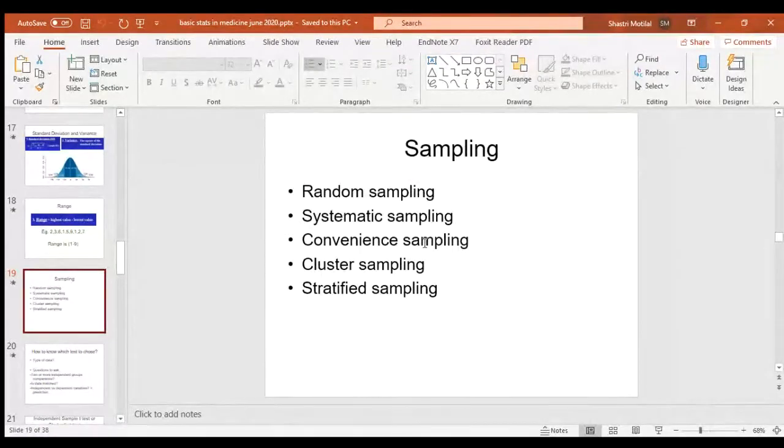A convenient sample would be something like, all right, you just walk into a classroom. If we were doing this in a classroom in our family medicine unit, if I just walk into the classroom and group F is there and I say, all right, I'm going to pick these 36 or 39 students in group F, and I'm going to give them a survey to fill. The survey you all fill may not necessarily be representative of the whole class because I picked a group of people by convenience. So in medicine, often what we use are convenient samples, but they're not always very representative, but